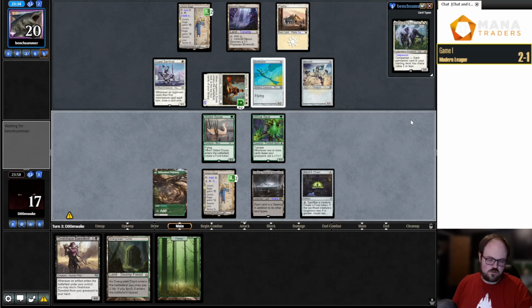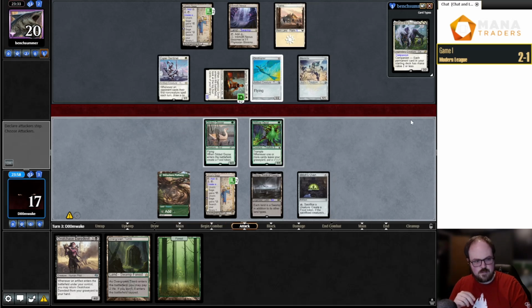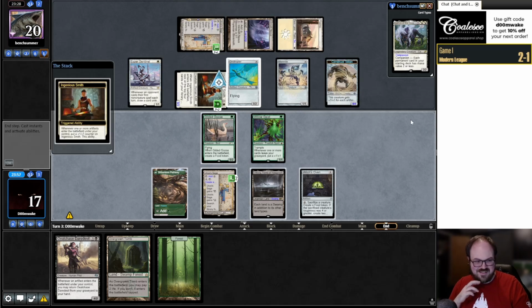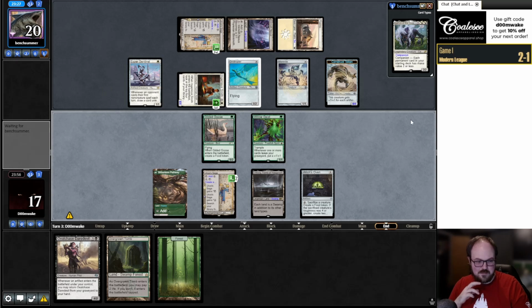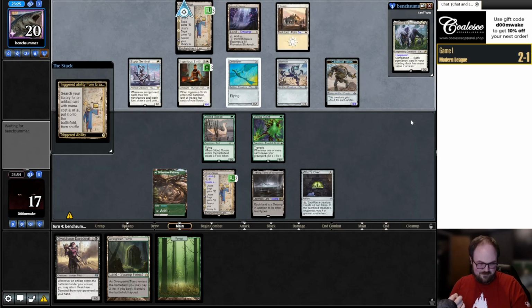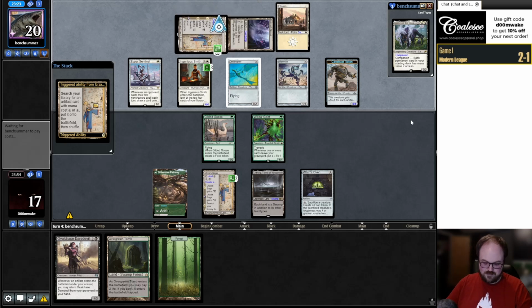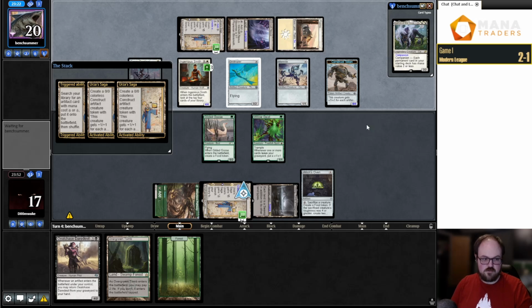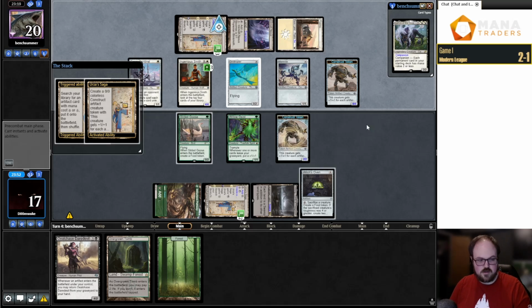Alright, Urborg, your turn. And they're even outpacing our constructs. We're just losing on all fronts, basically. Alright, I'm going to make a token just in case they get a Needle. You never know. Can't imagine they would Needle Saga, but...